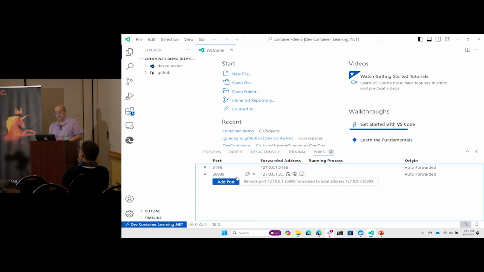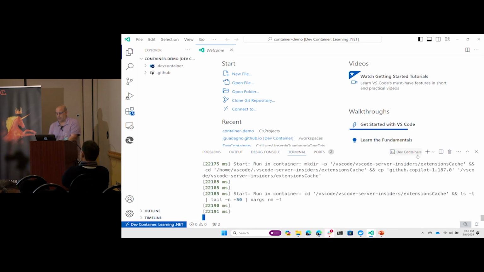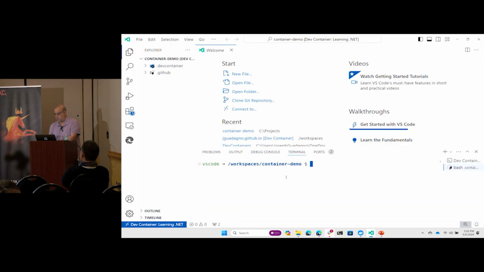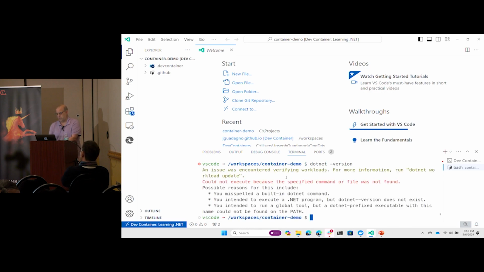These are ports that are used by Visual Studio to talk to the container, but now I'm in a fully fledged container, so I can start with a new .NET project. So I can do dotnet --version